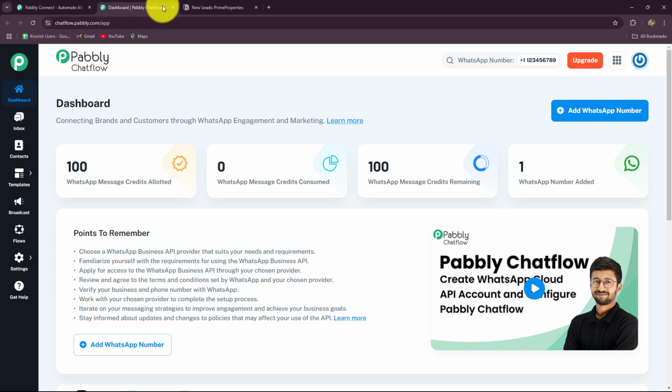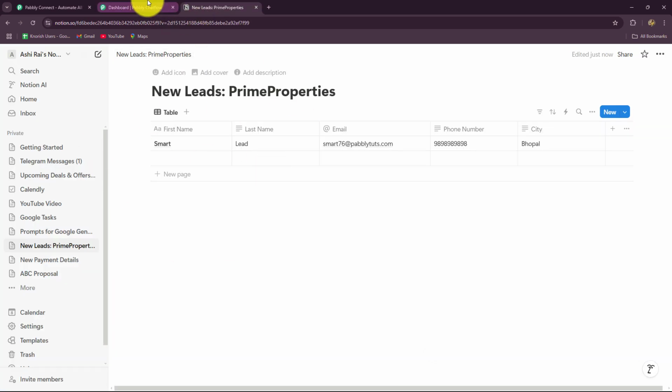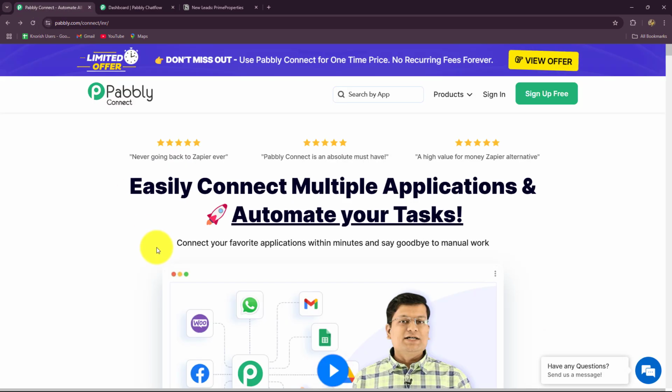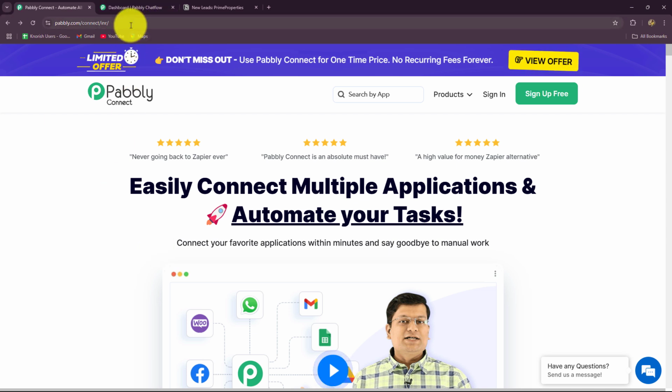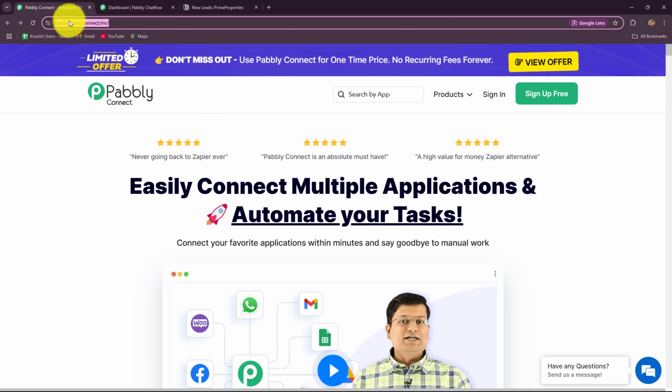To do that, we will have to build a connection between Notion database and Pabbly Chatflow, and that we are going to do without any coding and any programming skills with the help of this amazing automation software, Pabbly Connect. So let's get started quickly. This is the home page of Pabbly Connect, where we can reach by typing the URL